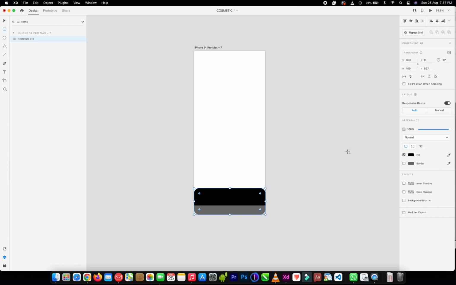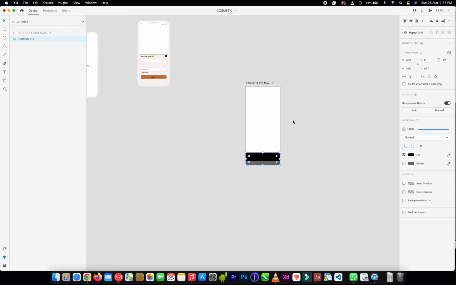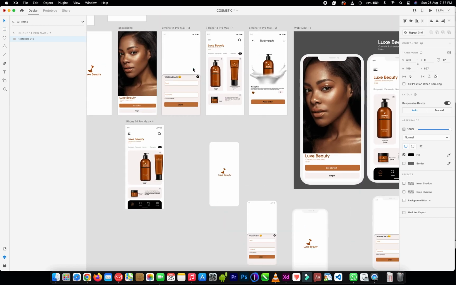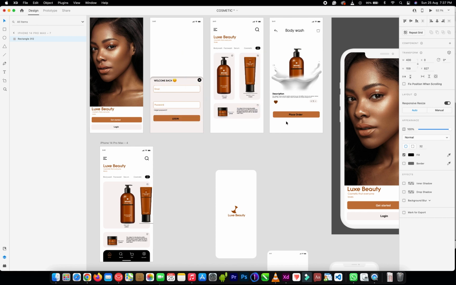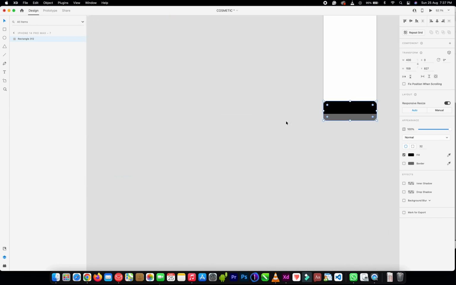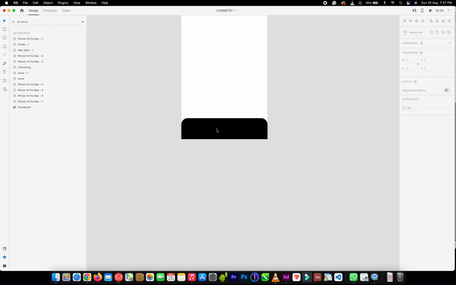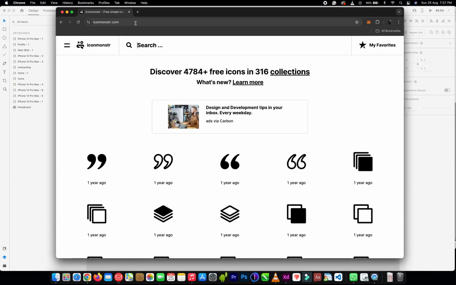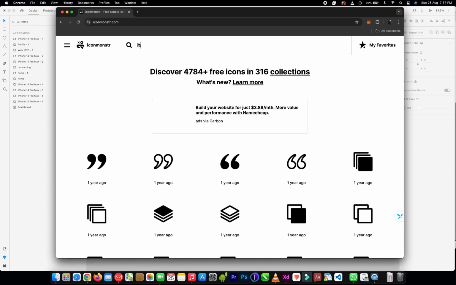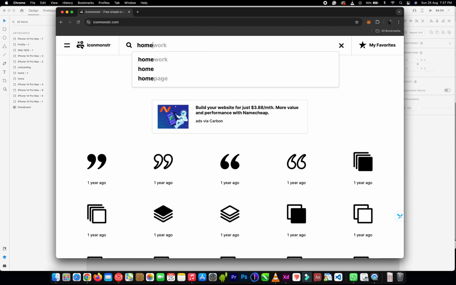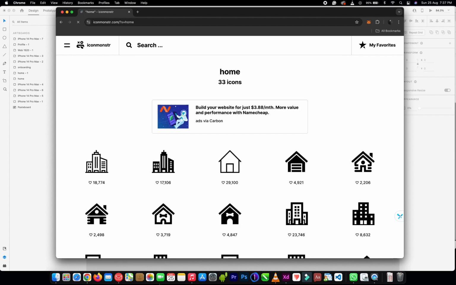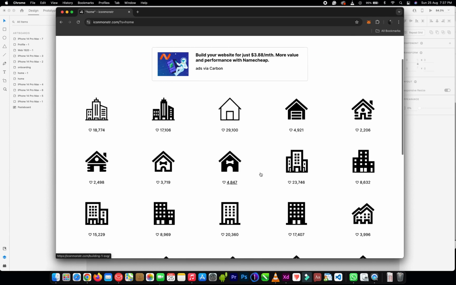All right, now since I am working on this project, I'm going to use this project as a case study. And these are the colors here, right? So I want to make use of that color right there. Now of course I'm going to import my icons. I love making use of Icon Master, so I'll go over to iconmaster.com. Okay, let me search for home icon. Yeah, you have tons of icons right here,